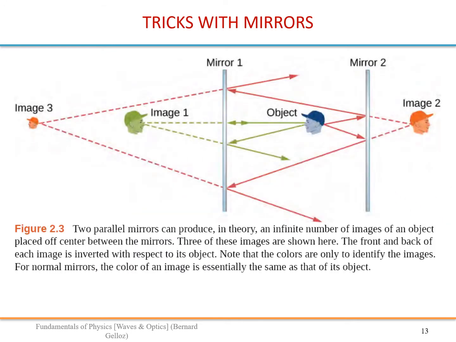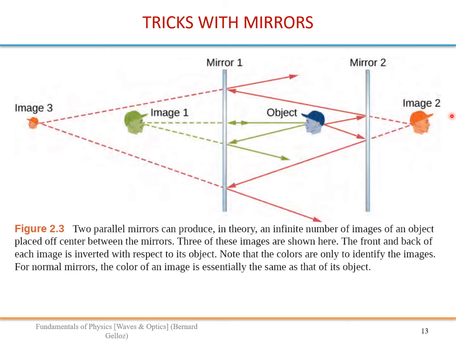So mirrors are very simple objects, but they can create very tricky images. So for example, looking at this, this is an object, so it could be someone, and there are two mirrors like this. So let's look for the image of this object. You have two mirrors, so you have two images. The first one is the symmetric with respect to mirror 1, so it is here. And the second is here, image 2. Don't mind the colors.